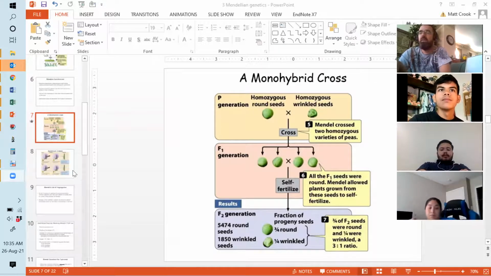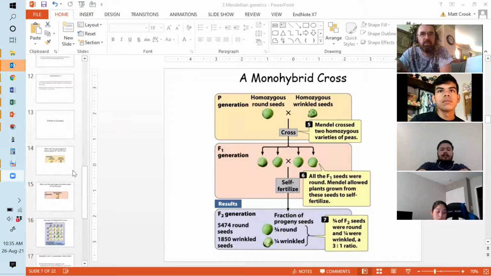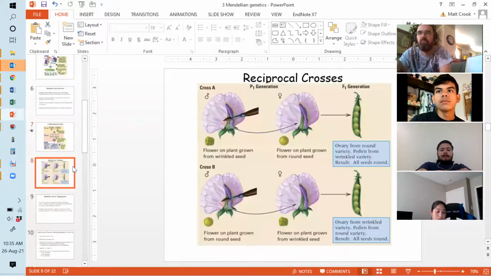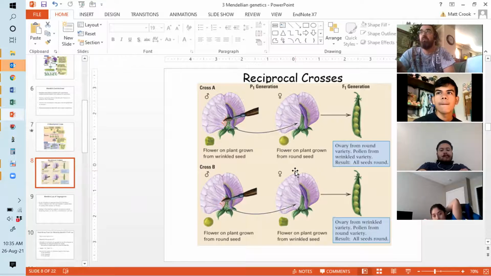Yeah, cool. So one thing that this can actually tell you, oh, actually, it is here. It's kind of useful. One thing this can tell you is whether or not the gene which you're studying is autosomal or sex-linked. We'll get to sex-linked later in the non-Mendelian inheritance part of the course. But essentially, if this is an autosomal gene, something that is present on your non-sex chromosomes, which for us are chromosomes 1 to 22,